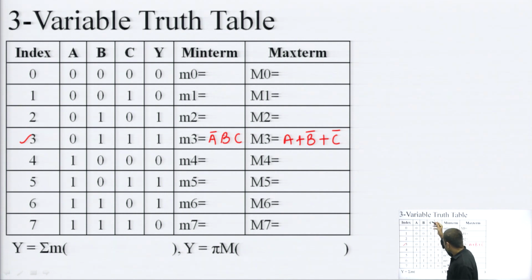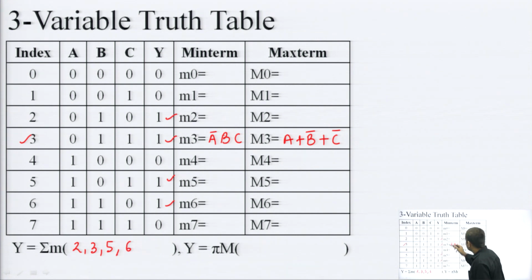Similarly, if I want to write the index associated with these terms, I can check that there are 4 ones and the locations of these are 2, 3, 5 and 6. So, these 2, 3, 5 and 6 are the minterms, and the remaining locations 0, 1, 4 and 7, these are our maxterms.